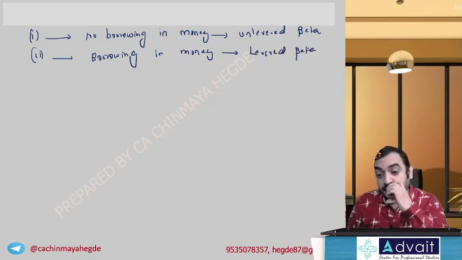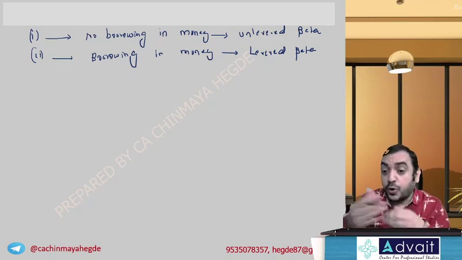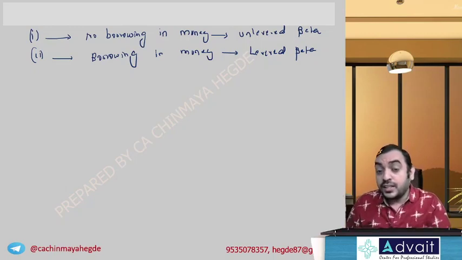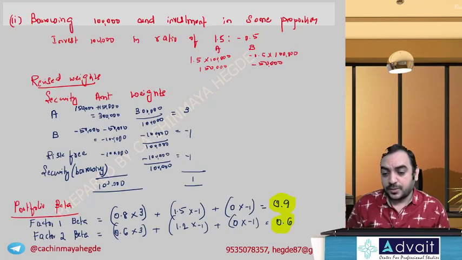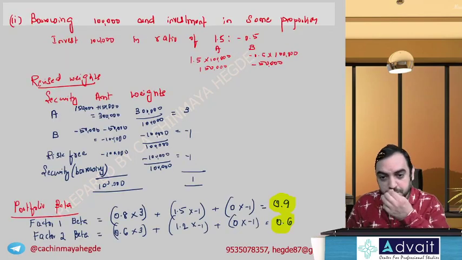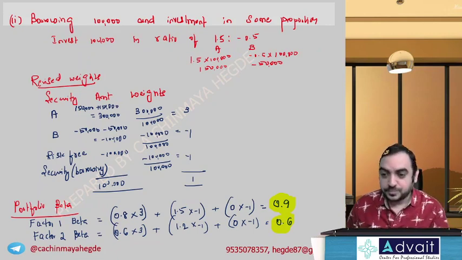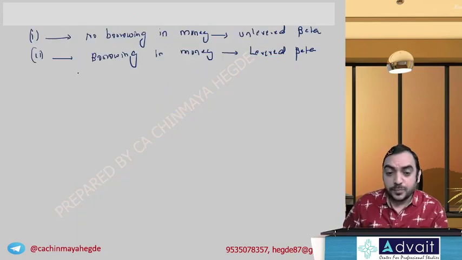That's what the APT theorem says. If you want to bring a new security to manage the risk, instead of borrowing money, you can do shorting in security. That will reduce the risk. Anyway, we will not worry too much about those things. Let's compare it here. Show the last slide. 0.9, 0.6. Okay, let me compare it now. For factor 1 I'll do first, then let me do factor 2.